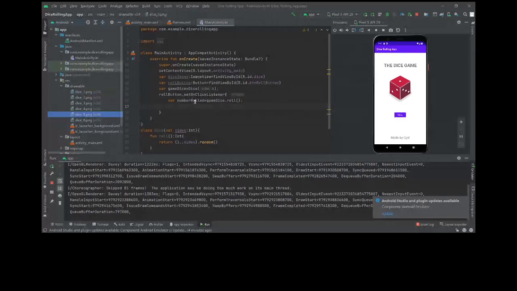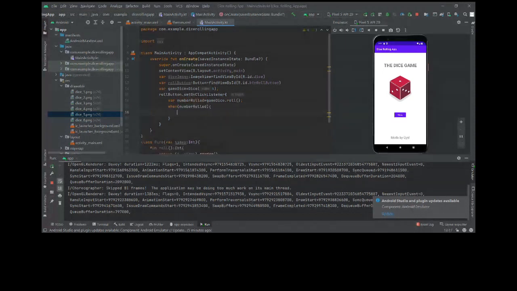So for this, the best thing would be to use a when condition, like the one we discussed yesterday. How do we do that? We just write when and the variable, which here is number rolled. Now we have to check when number rolled is 1, what we have to do. We have to change the image of our image view.